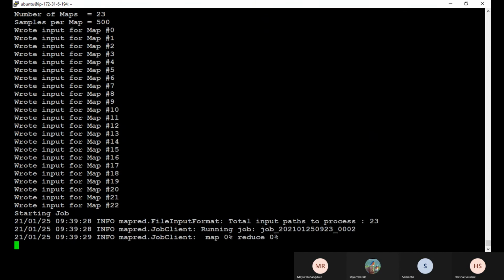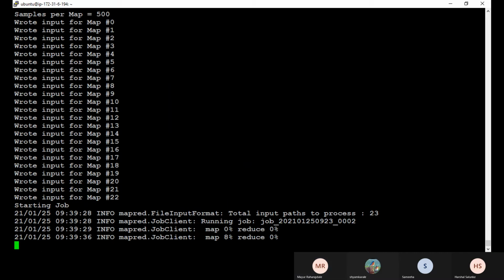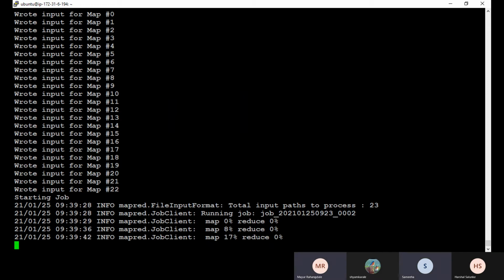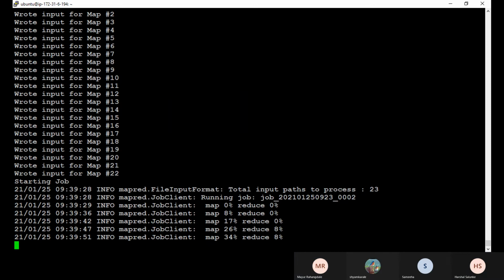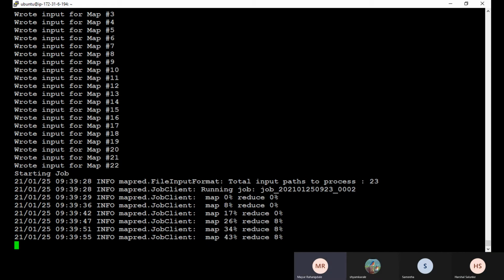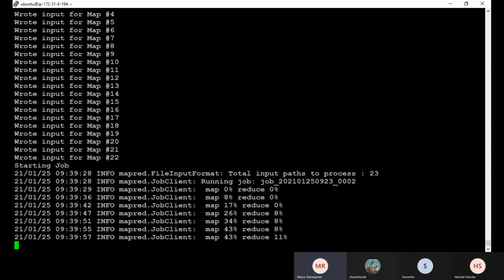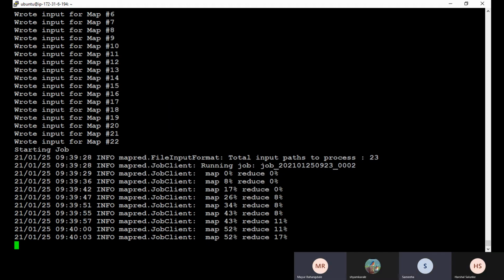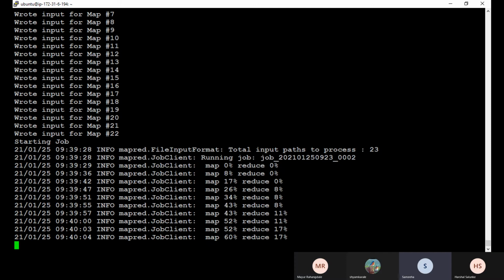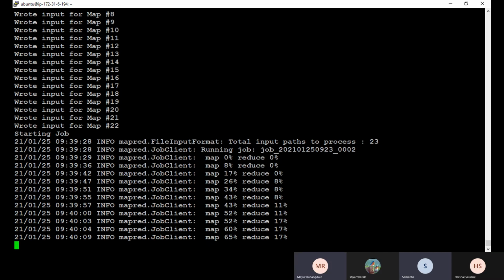Starting job. It will give the same value, na, whatever number of samples we take? No, it will change. Maybe there will be changes in the decimals, not in the first 3 digits. Yes, right. The more samples we take, the more correct value we will get. The mapping function is changed.